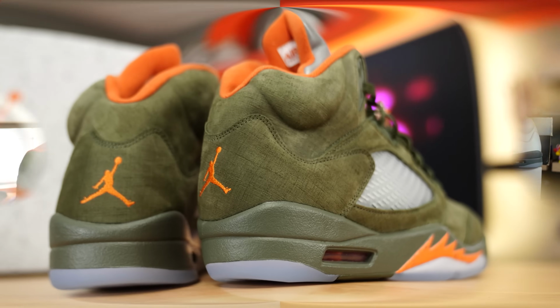Of course, these aren't Breds, you know what I mean? These aren't Bred 4s, or even gonna carry that resale, because you know that's what people pay attention to, of a Bred 4. But it was only 500 points to reserve these on JD, so he was really trying to get these pairs out. If you were to ask me, I think these are a solid cop, especially with spring